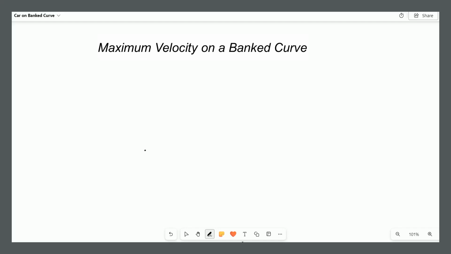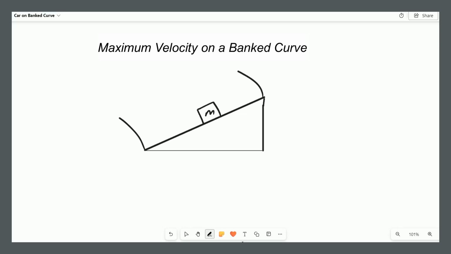How's it going, everyone? We're going to be talking about a car driving on a banked curve. This is the situation where the turn on a road is not horizontal. This mass here represents our car, and you can imagine this is actually a curve where the car is moving this way. If we were to look from the top, we actually have the car right here, and it's